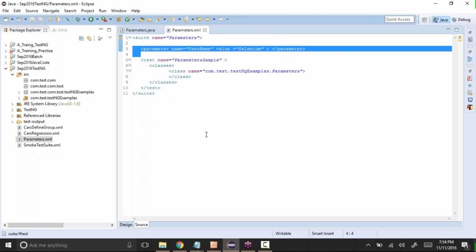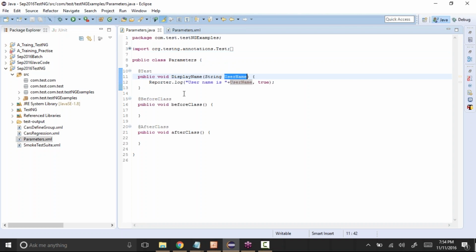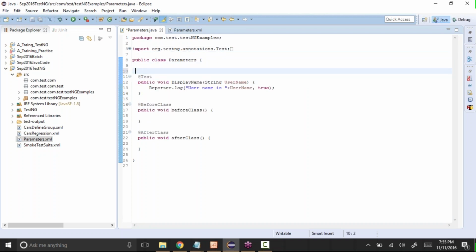We created that XML file, but we need to pass the values or the parameters to our test. There can be multiple tests, so it doesn't know to which test it needs to pass. To specify that, see here, before test we have to add one more tag, at the rate, and we have to say parameters. See, it's throwing me an error. So if you right click,